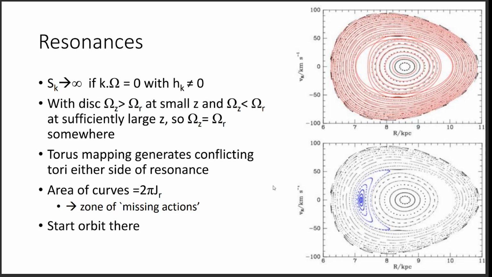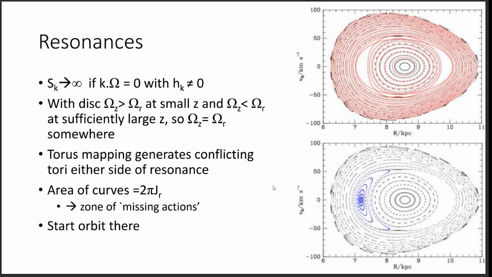Another point to notice is that the area inside the last of these ones is manifestly greater than the area inside the last ones of these. So there are actions. Remember, the area is 2 pi times the radial action. There are radial actions for which even the torus mapper cannot construct a torus. So what happens if you take a point in this area, which is not covered by